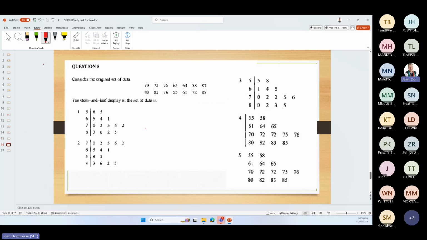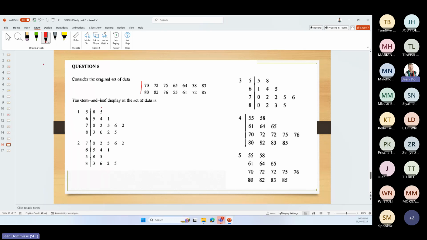And then the last one for tonight, which I thought is also important, is that sometimes they give you a data set and they ask you, and remember, you are writing online, so they can't ask you to rewrite this data set, but they can give you options to say, okay, which one of these is the correct one. So how I would look at this is to first say which of these options is definitely incorrect.